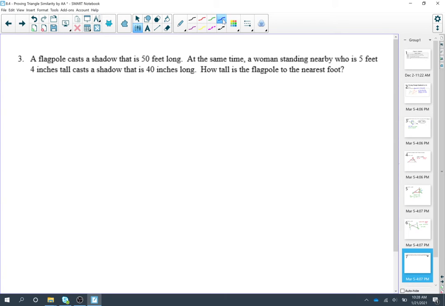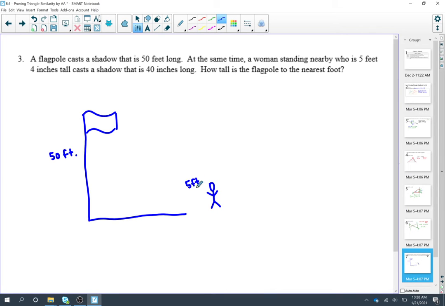So I'm going to start with a picture. We have a flagpole. It tells us that our flagpole is 50 feet, and then it casts a shadow. At the same time, a woman who is standing nearby is 5 feet 4 inches, and she casts a shadow that is 40 inches. And then it wants to know how tall is the flagpole to the nearest foot, which tells me I